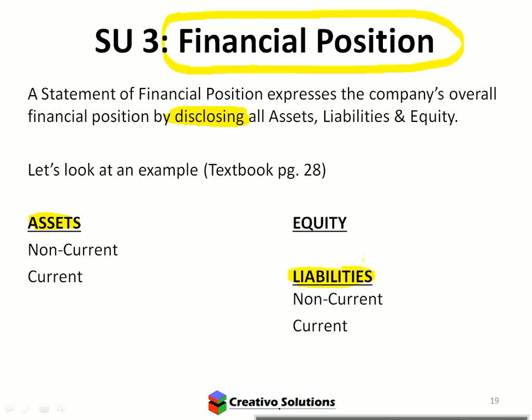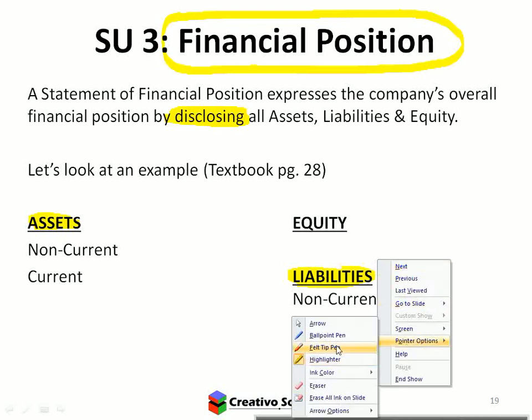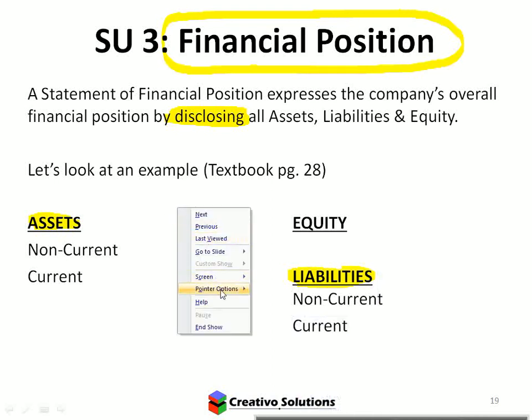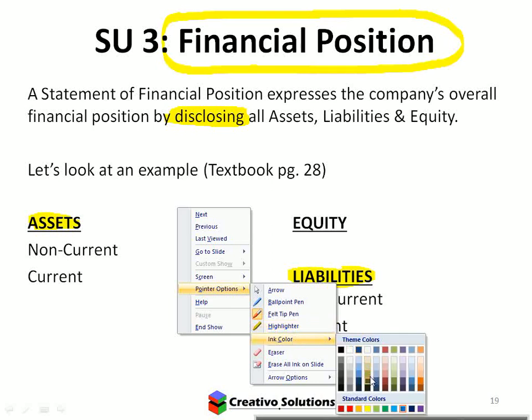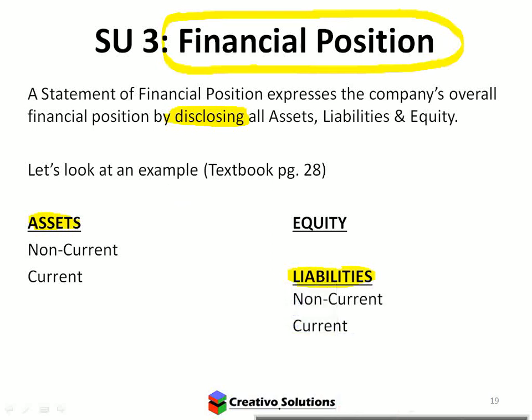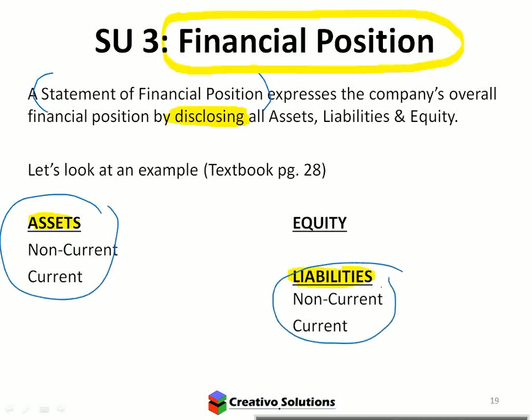Right, so statement of financial position. That's disclosure. That'll only come up much later when you actually need to draw up statements. This is referring to those two things, assets and liabilities. Right, are we not going to look at the equity? No, we will, but we will summarize it.